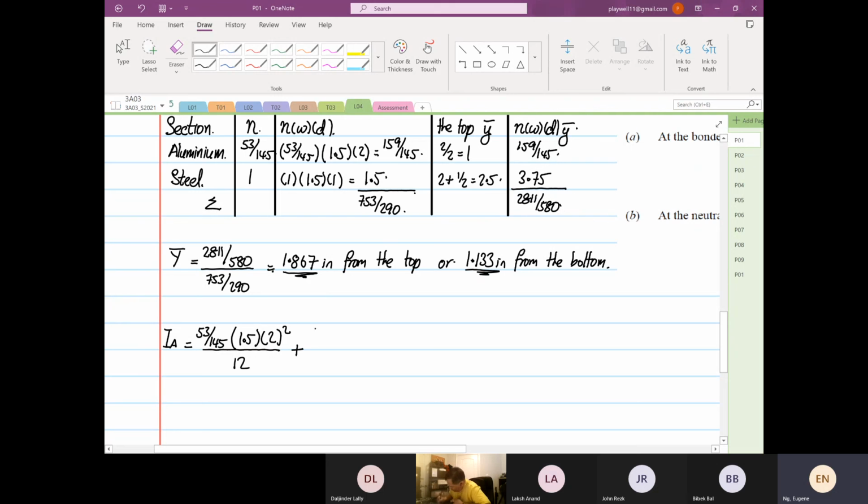Then plus 159 over 145 times 1.867 minus 1, the whole thing squared. Sorry, 53 over 145 times 1.5 times 2 to the power cube, divided by 12, plus 159 over 145 times 1